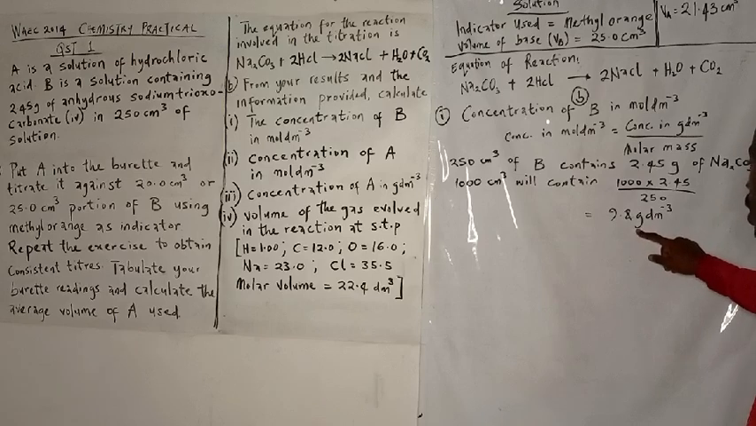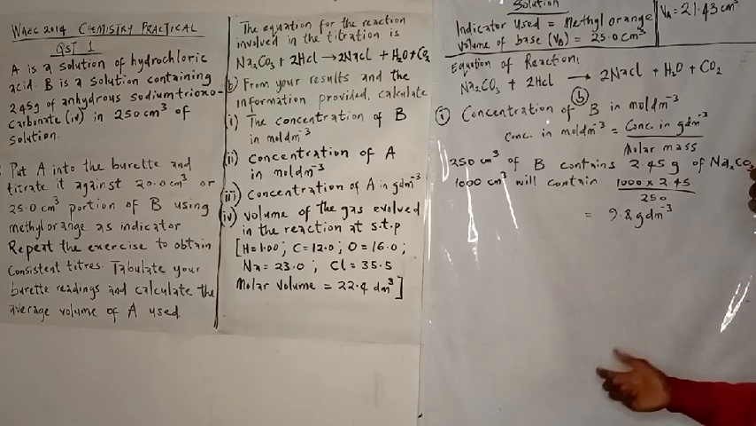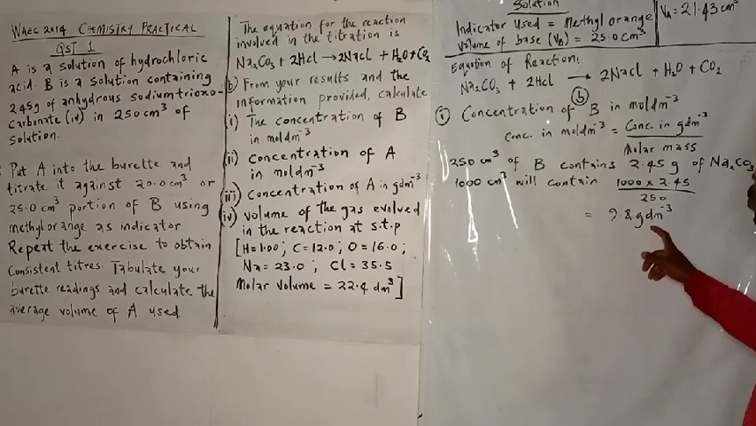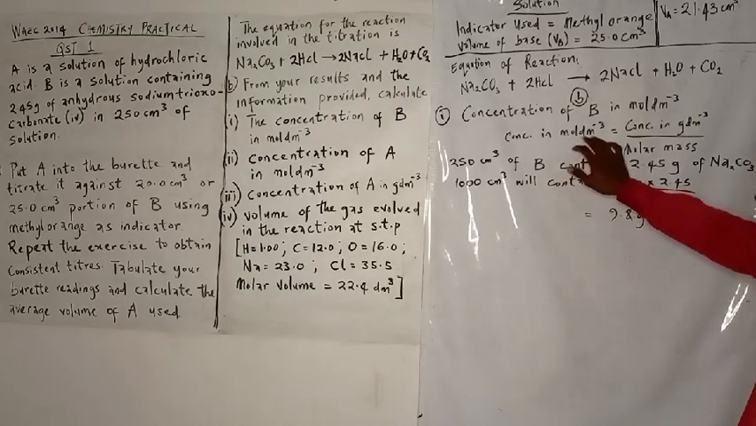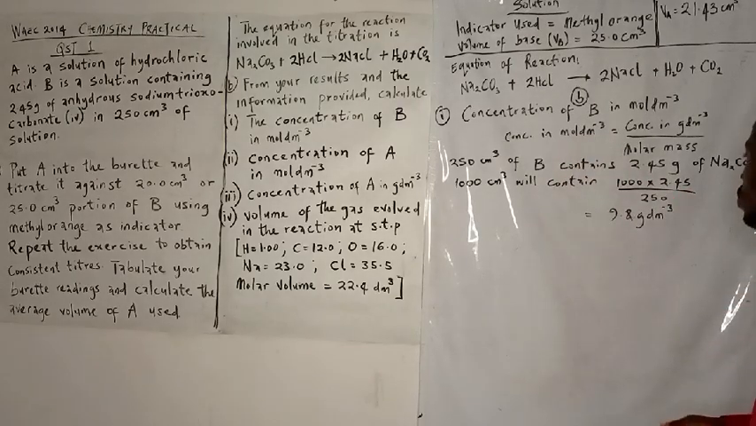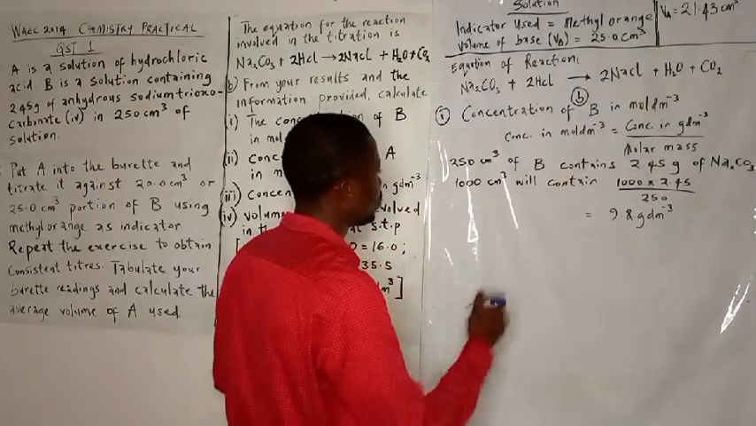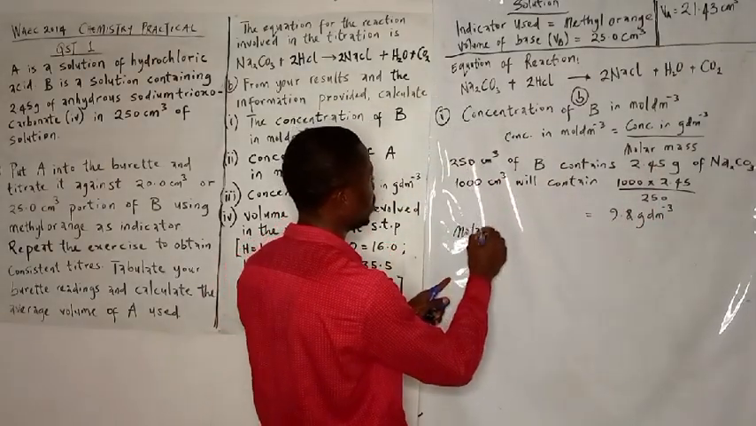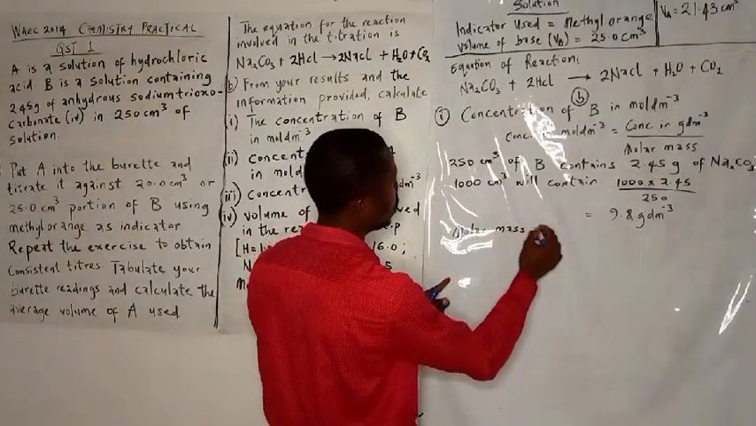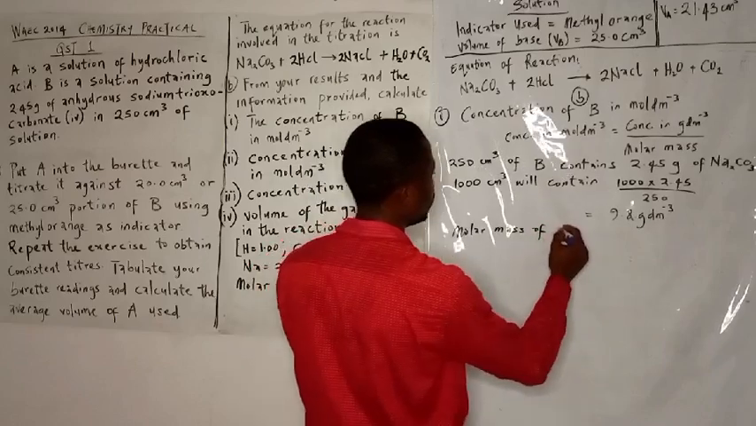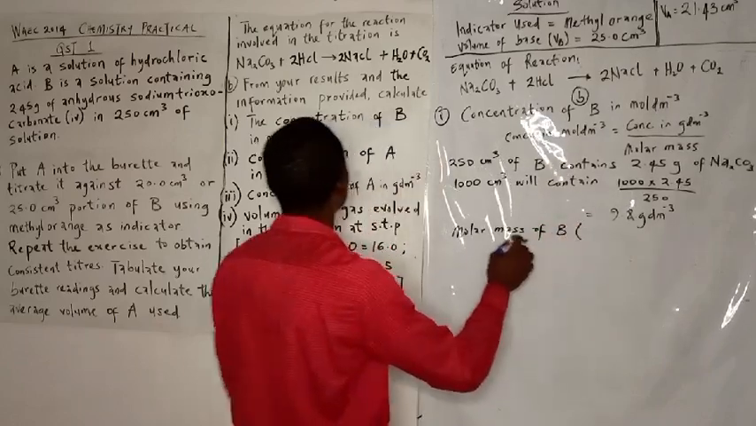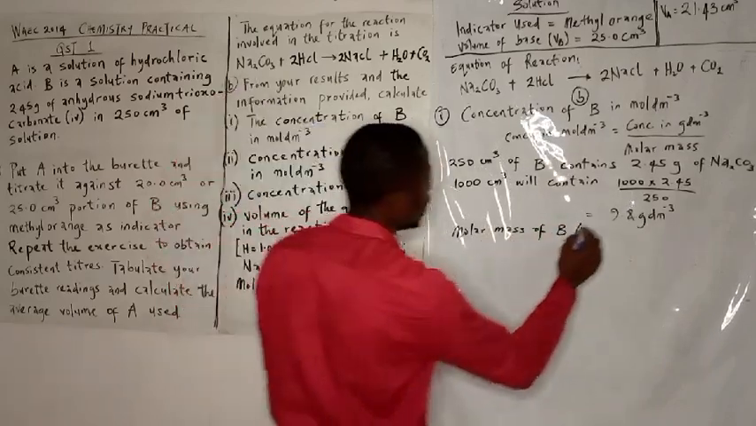Sorry, mass is measured in grams, and then the dm cube is the unit for the volume. So this is mass concentration, and then the concentration in mole per dm cube is the molar concentration. So the next thing we look for is the molar mass of B. Now, what is our B? Our B, which is the base, is